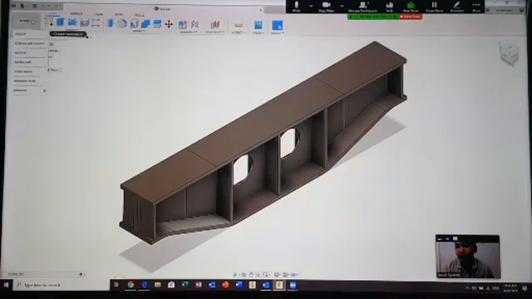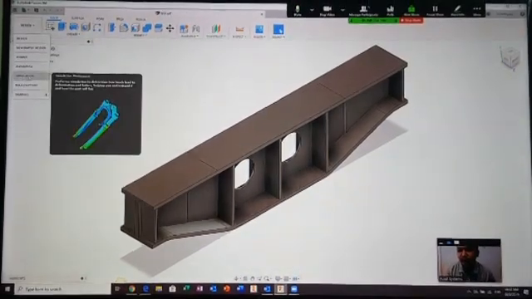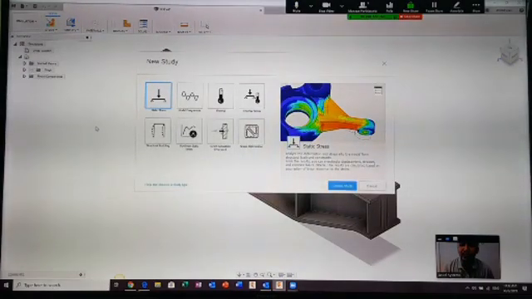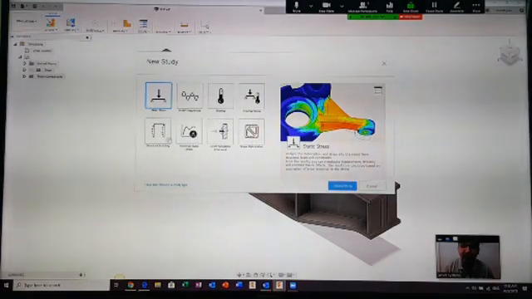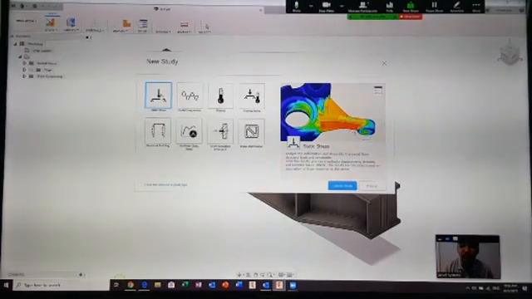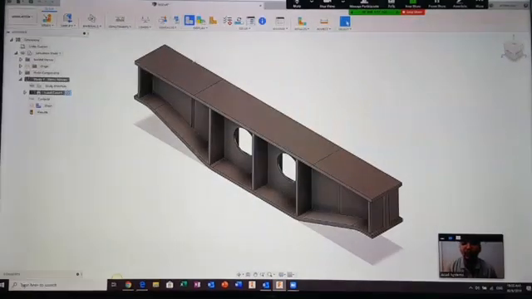Now I will share with you inside Design. Okay, go to the simulation environment. Okay, inside the simulation environment, you will have this option. You can have all these options to do the simulation. Let's say I'm going to use the static stress, and then I just click create study, and it will come out with the